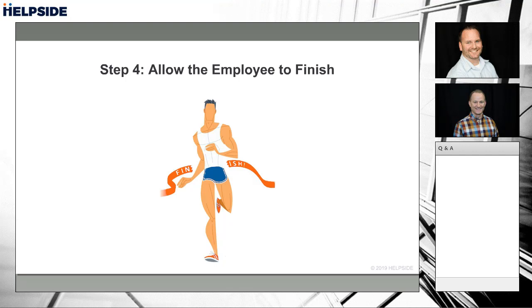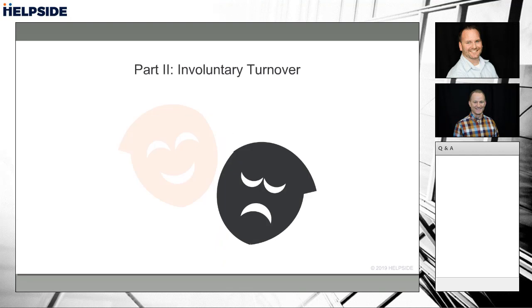That is the key difference, and that's why we always say try to allow the employee to finish whenever and wherever possible, or pay them out to leave. And it's not a severance, it's just paying them their regular monies owed for the next 2 weeks. Yeah, so again, we talked about the cycle time for hiring, and so you really want that 2 weeks if you can. If the person is not a risk in any way, then keep them on for 2 weeks, let them train the replacement if possible, etc.